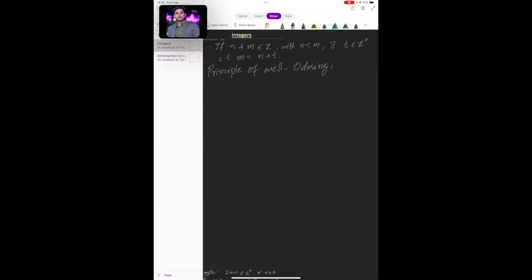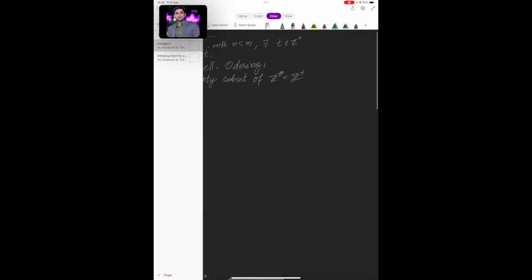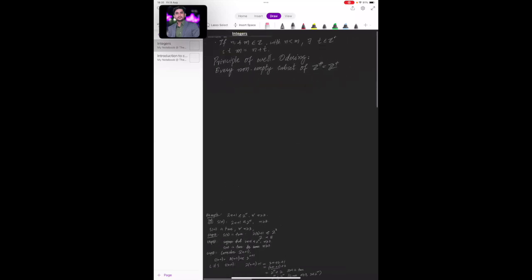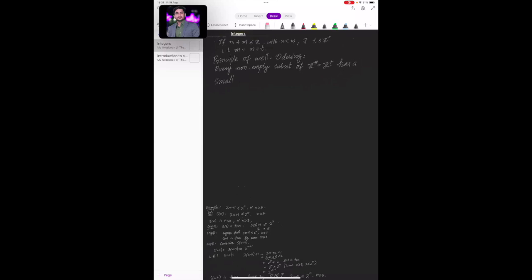And this says that every non-empty subset of Z hash, which is similar to Z plus, positive integers, has a smallest, or you can say smallest element,